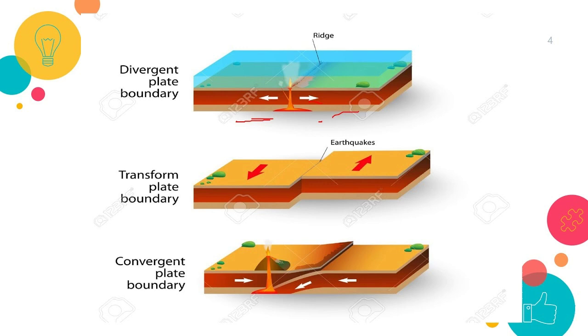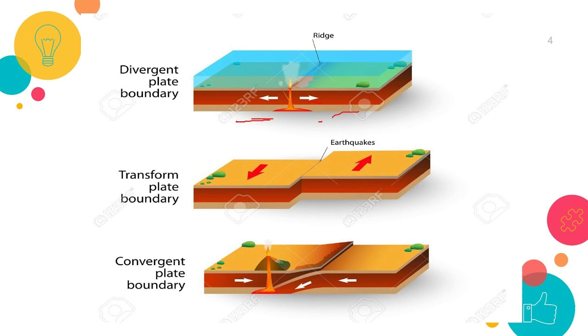While some plates come towards each other and form a convergent boundary, that is the lower one, some plates move away from each other and form a divergent boundary, that is the upper one. You can see how it forms. And the other one is, in the event of two plates coming together, they may either collide and crumble, or one may slide under the other. At the same time, they may also move horizontally past each other and form a transform boundary.